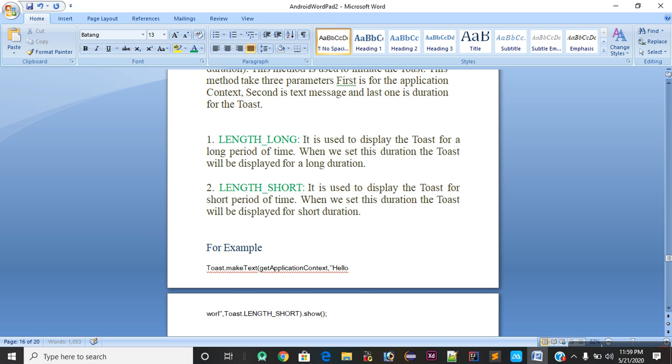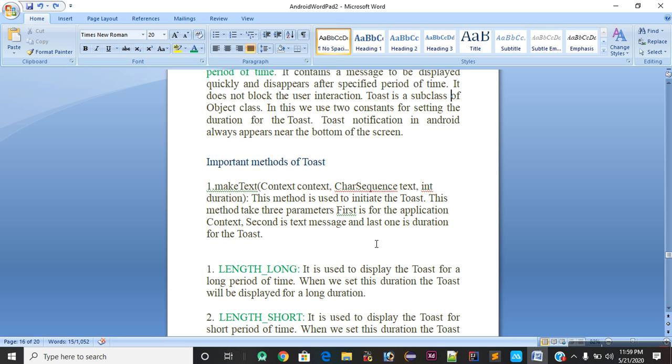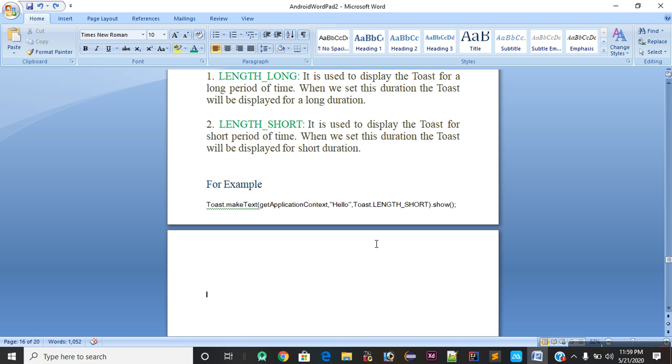Now I will pass a simple message, which is hello. This is the CharSequence of text; in this argument we pass a string.